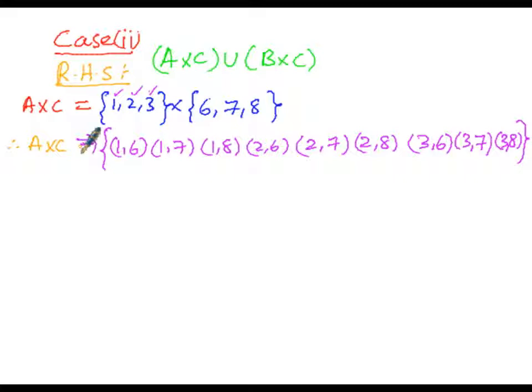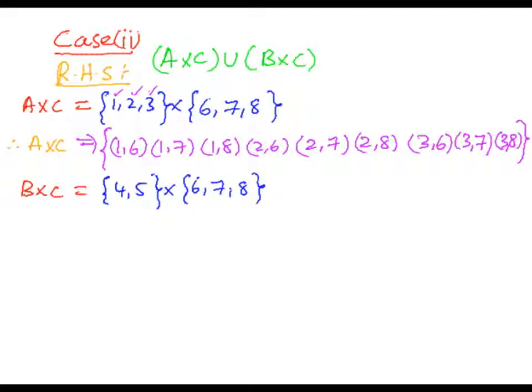but here we have to find out even B cross C. Then now in the next logical step we are going to find out B cross C. So here set B elements are of 4, 5 as per the question, cross C elements are of 6, 7, 8 as per the given problem. But here we are going to find out the Cartesian product of B and as well as C sets, that is 4, 5 and as well as 6, 7, 8.